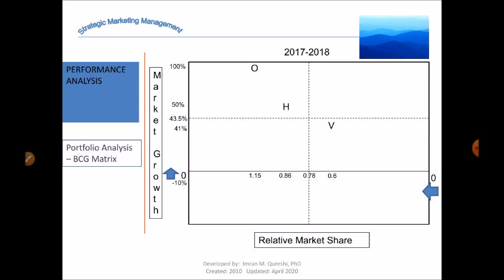Next one is Nokia. If you go back and look at the figures, Nokia had a decline in market growth. They were coming from 30 million to 27 million, and that gives a decline of minus 10%. So this is where minus 10% is, and they have a relative market share of 0.52. Based on this, their placement is going to be in the dodos quadrant. So this is for 2017 and 2018.